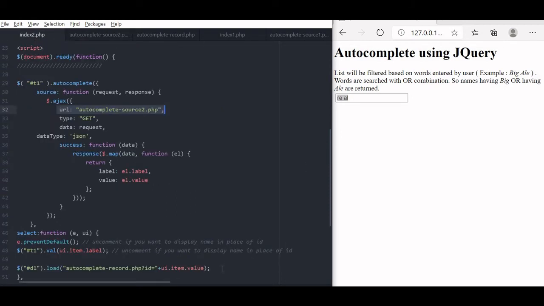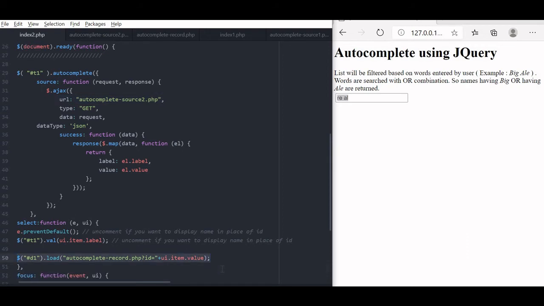We have already seen in part 1 and 2 how our load function collects the record and displays it. It is displayed here, and on selection by the user, whatever our load function has, it collects the further details of the record based on the user selection. You can see this line, whatever is selected is picked up. Okay, let us try something more.